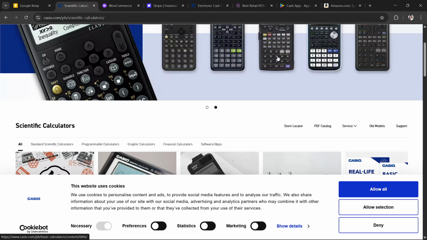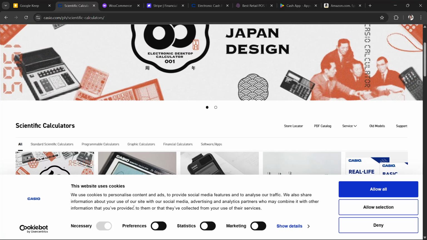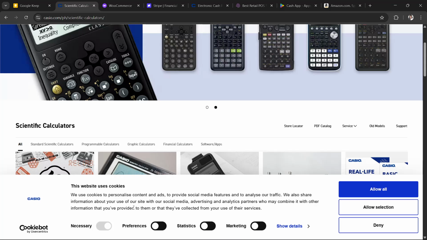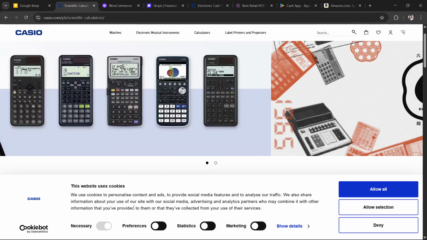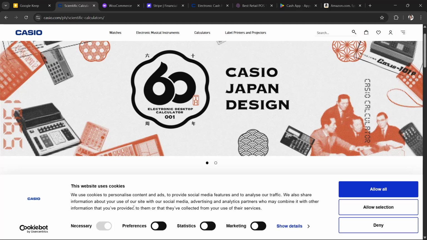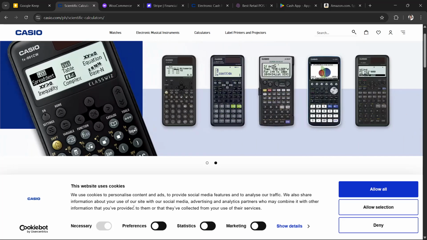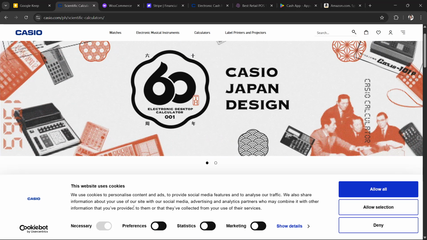And then of course you will set the tax rate, and the first thing that you will have to do is enter the tax rate, for example 7.5, and then you will just have to press set, and then input the price, and then you will press tax plus again, and then the calculator will display the total with tax. And yeah, that's basically how you can add tax on